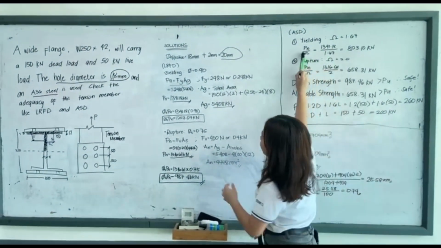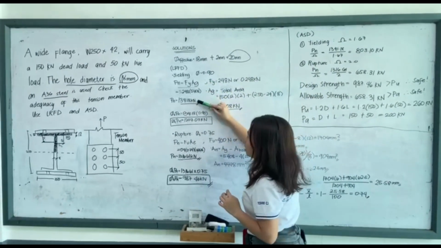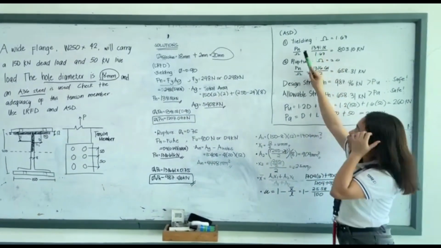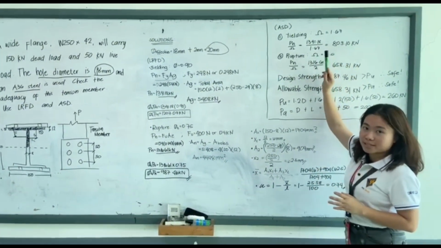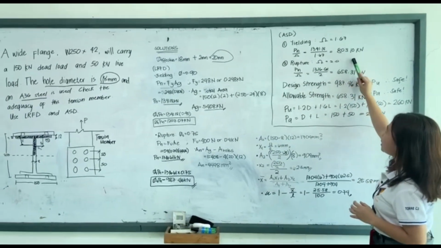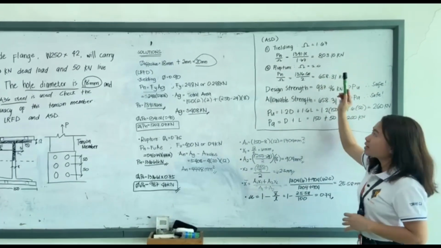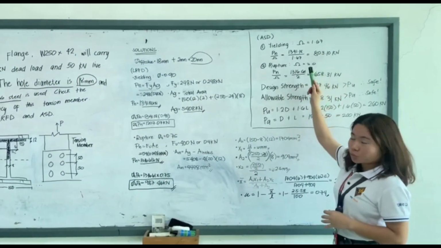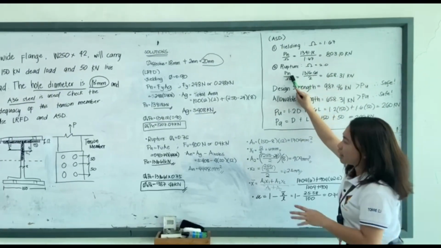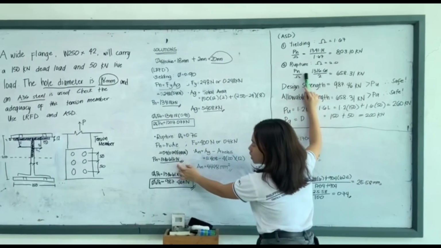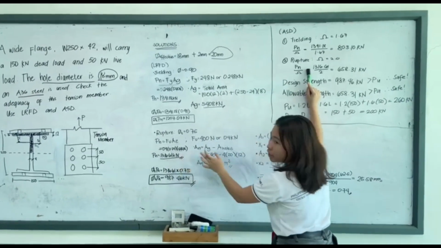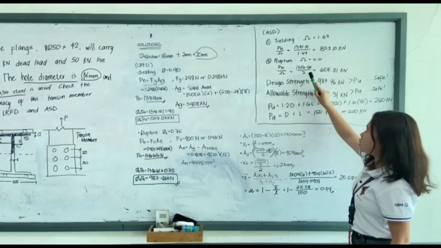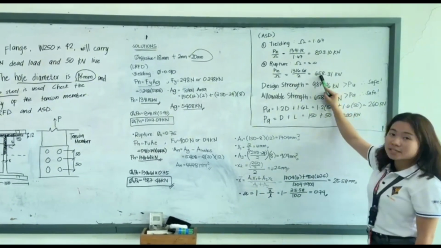And the Pn under sa atong yielding sa LRFD, which is equal to 1841.18, divided by omega, which is 1.67, na ang answer nga 803.10 kilonewton. Next, let us proceed sa rupture, which is naa siya omega nga 2. Again, ang Pn under the rupture is 1,316.61 kilonewton. So, atong i-divide siya sa omega, which is 2. Then we have an answer na 658.4